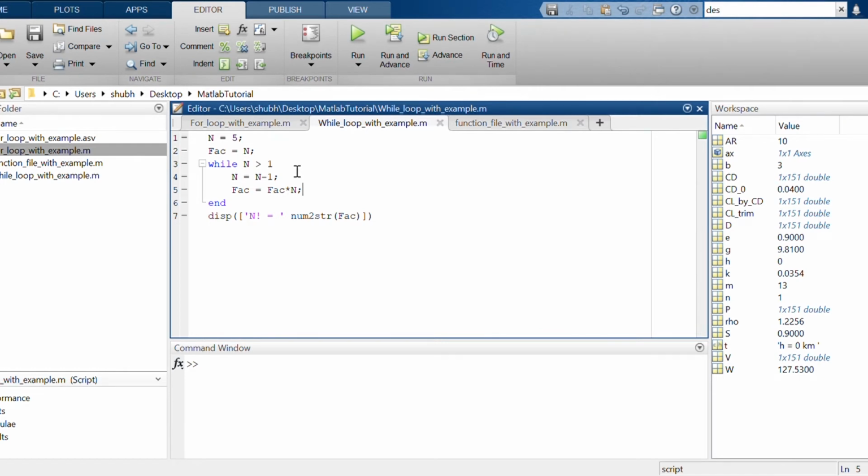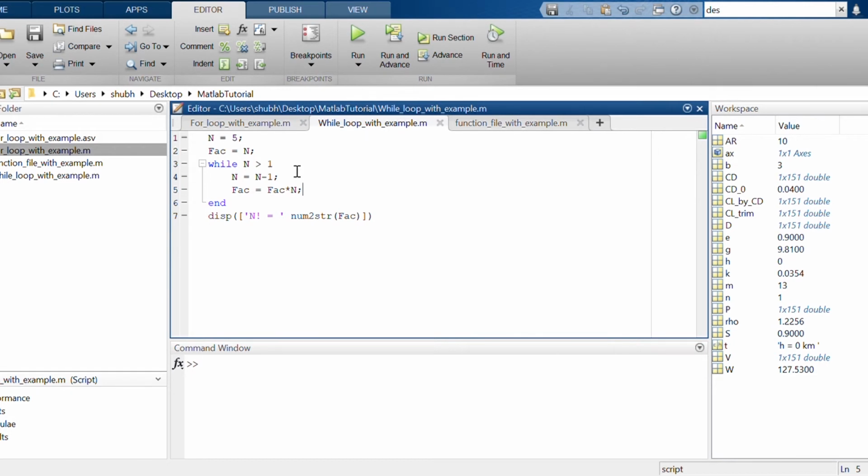So when you calculate the factorial of any number, let's say 5, what you do is 5 into 4 into 3 into 2 into 1. You take one number as 5, then subtract 1, getting 4, multiply by 5, then again subtract 1 from 4, getting 3, again subtract 1, you get 2, and 2 minus 1 is 1. You multiply 5, 4, 3, 2, 1 and you get the factorial.